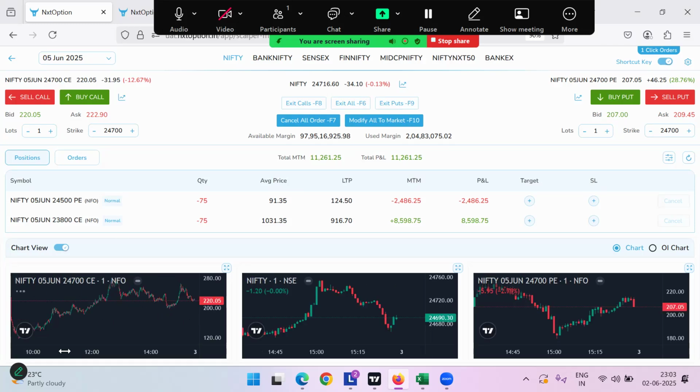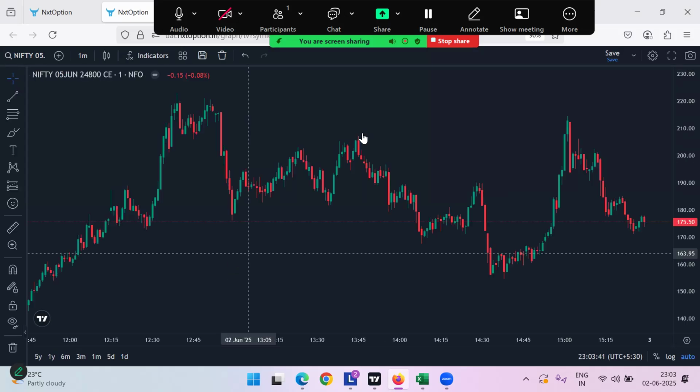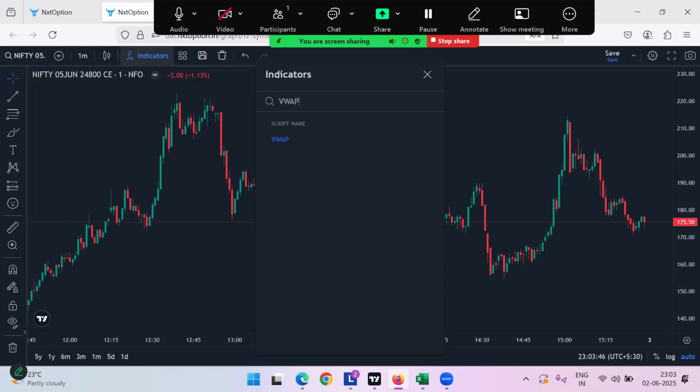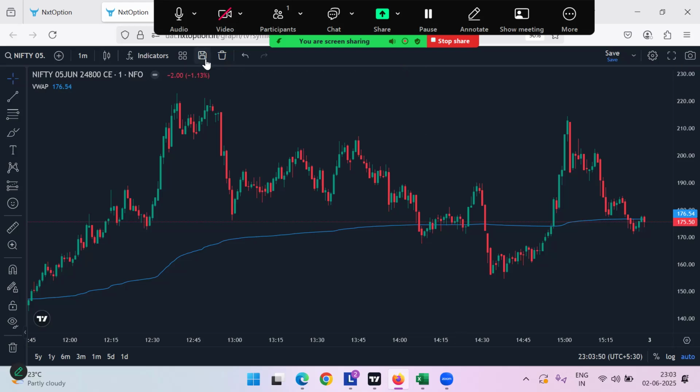The best part is that whatever strike you select, let's say 24,800, the chart would get accordingly updated. Now you want to add an indicator to it. You can click on the chart here, select the indicator, let's say VWAP, add it,